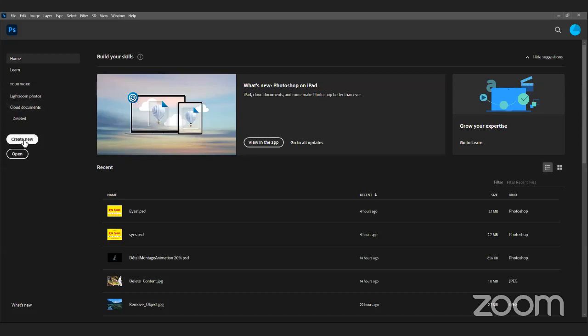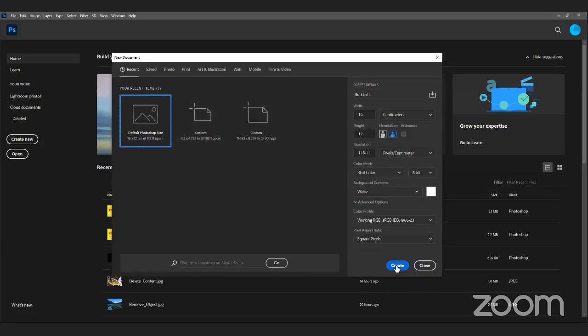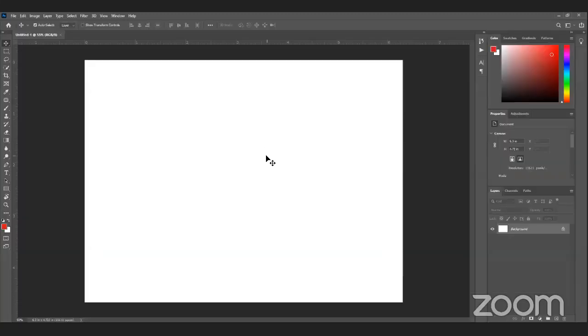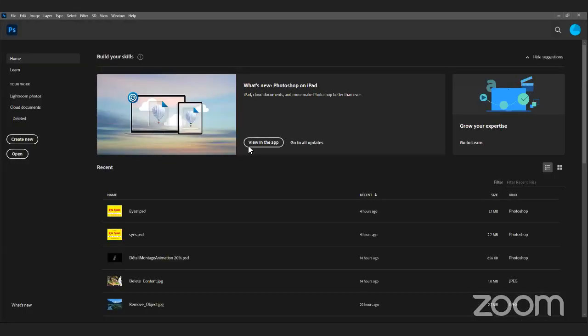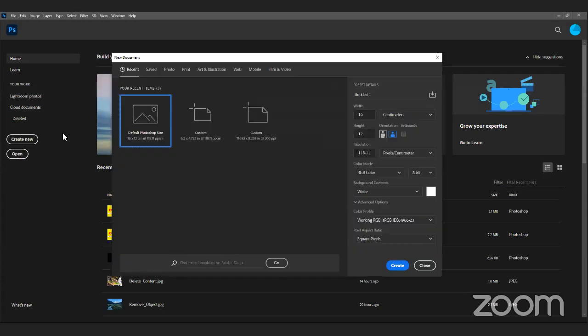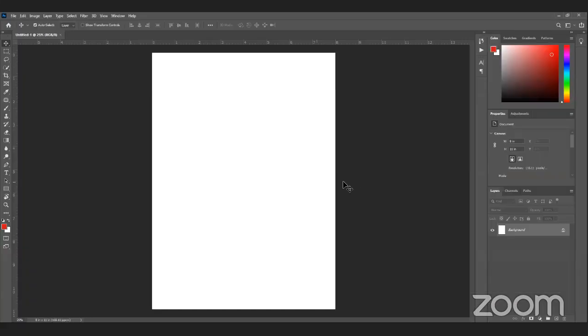A quick recap of what we did yesterday: we talked about how to create a new document, choosing the size in inches. I chose a size of around 8 by 11. This is the size we used yesterday.